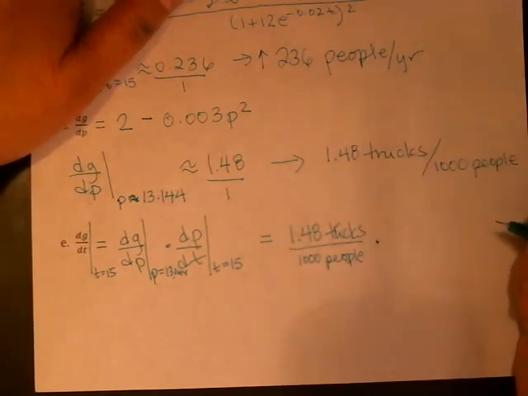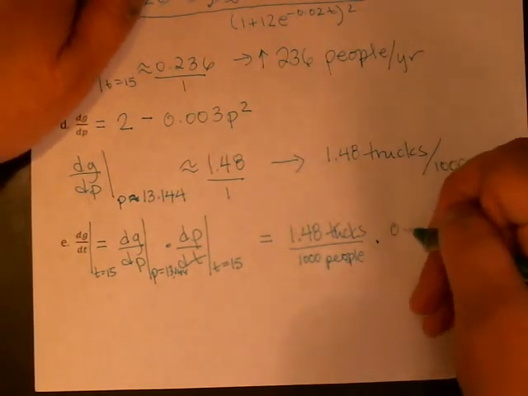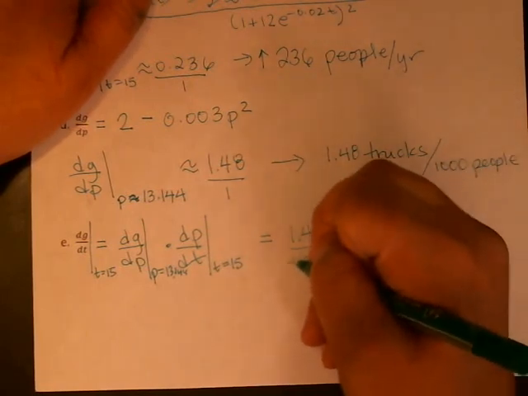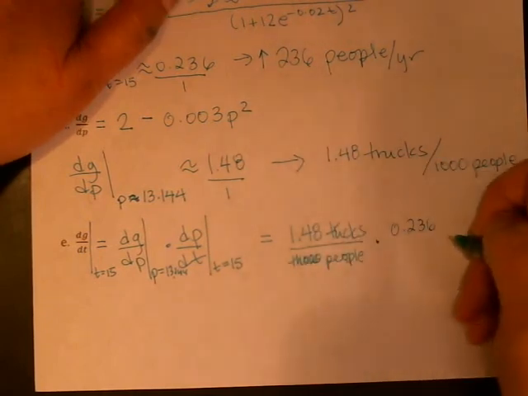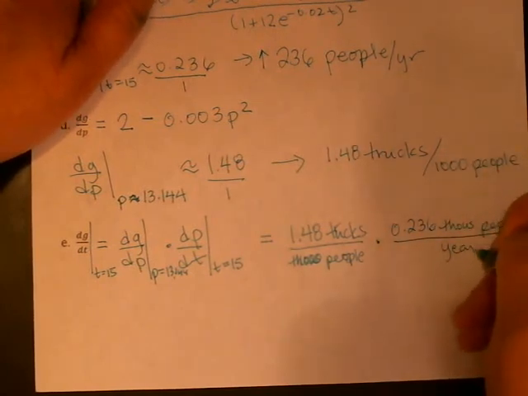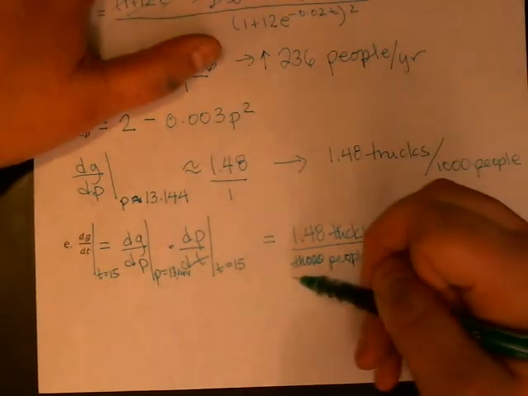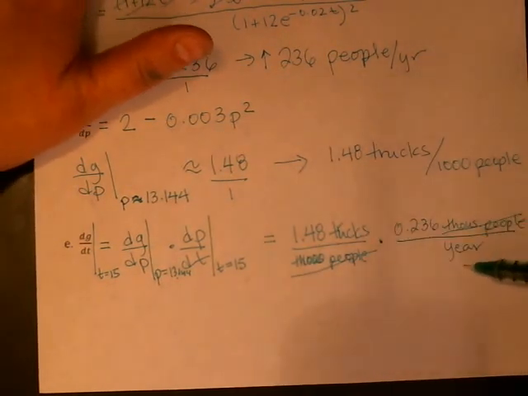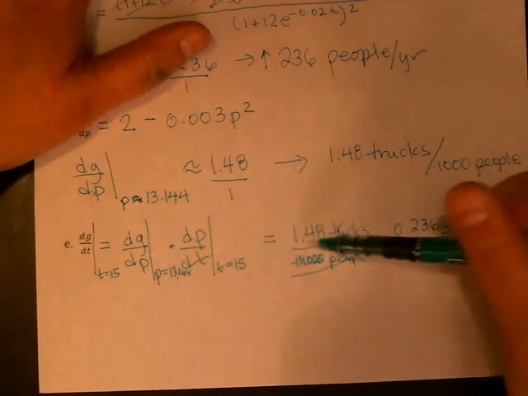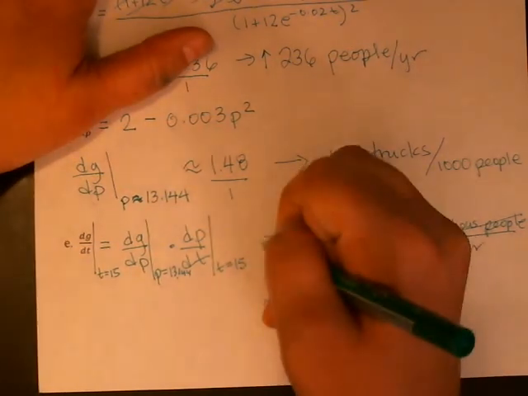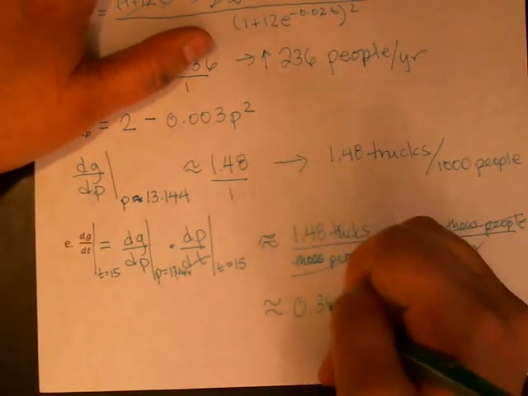And then we're going to multiply it by our 0.236, 1,000 people per year. We lose the thousands of people units, and we just end up with trucks per year. It's this 1.48 multiplied by 0.236, which is about, and this was really approximate as well, 0.349